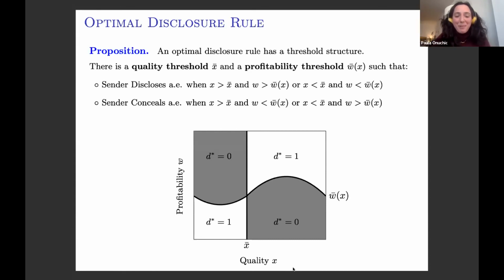Sorry, I should have been more clear. I'm plotting here the quality on the X-axis and the profitability on the Y-axis, okay? And I did my best here to try to draw a profitability threshold that looks pretty silly, okay? So just to let you know that in this proposition, I don't yet have any characterization of what this threshold looks like, okay? But once we put in some assumptions on what the distribution of outside options is, or distribution of signals and so on, I can tell you much more about the characterization of what this function looks like. But so far, let's just take it for what it is.